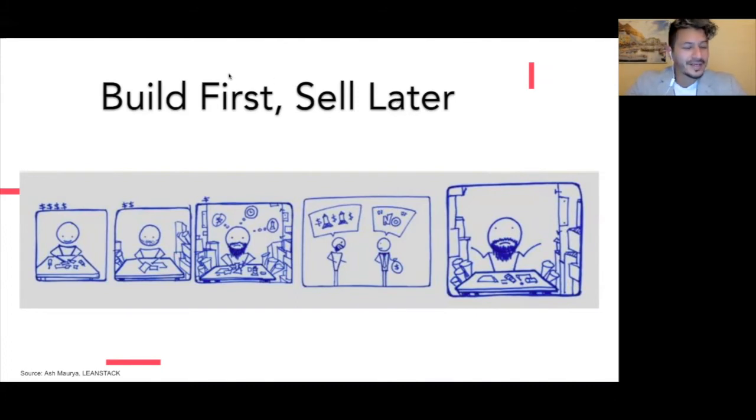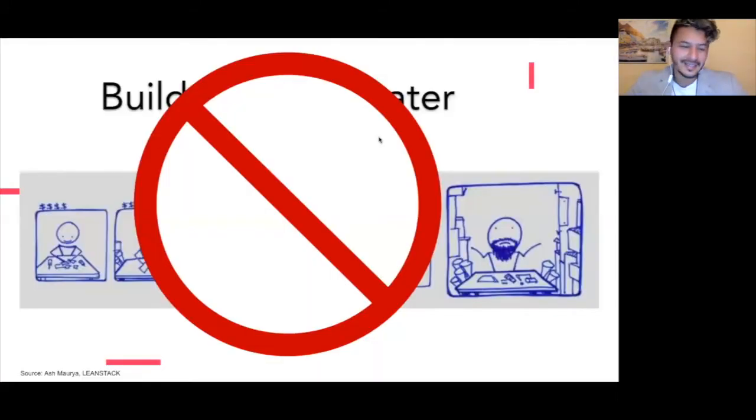So thinking that you are the only one in the world that has this amazing idea is pretty impossible. Someone else in the world is building something pretty similar to what you are building, or already built it. Okay, so this is the traditional way: build first, sell later. So what design thinking says is, let's try to change this traditional way of doing it. And why is this the traditional way?